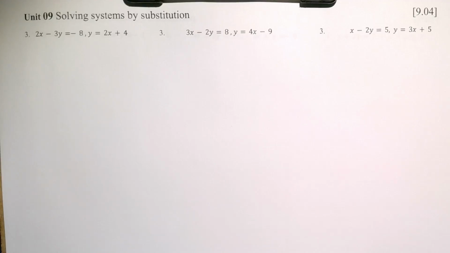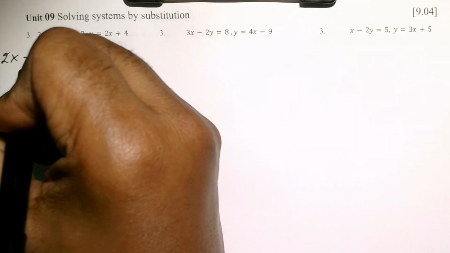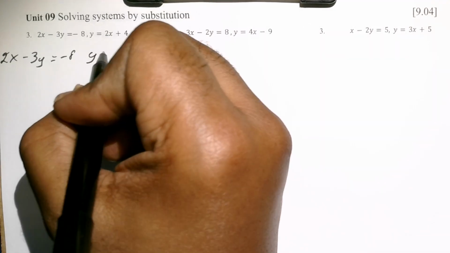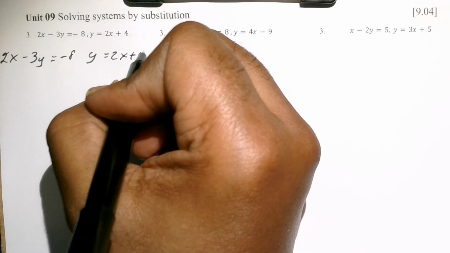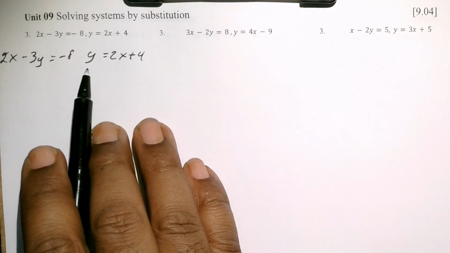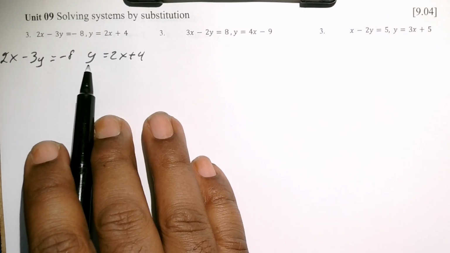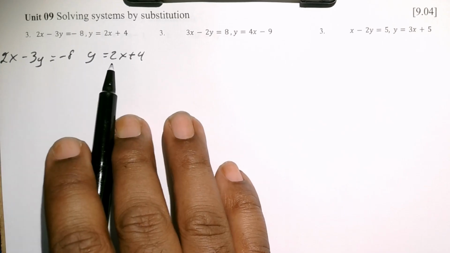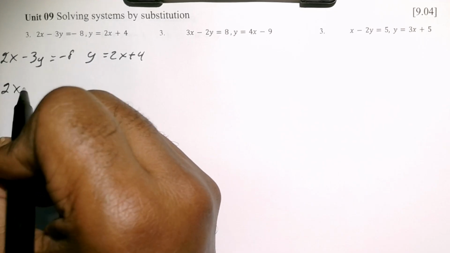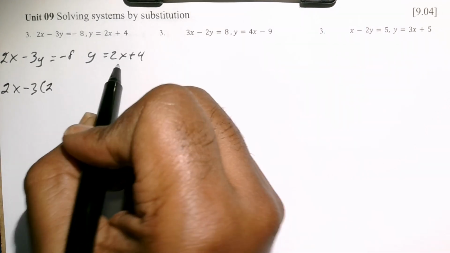Solving systems by substitution. We have 2x minus 3y equals negative 8, and y equals 2x plus 4. When we're using substitution, you need an isolated variable, and y is our isolated variable. So we can replace all the y's in the other equation with the 2x plus 4. So let's do that. So 2x minus 3, then we'll start our parenthesis and put in, instead of y, the